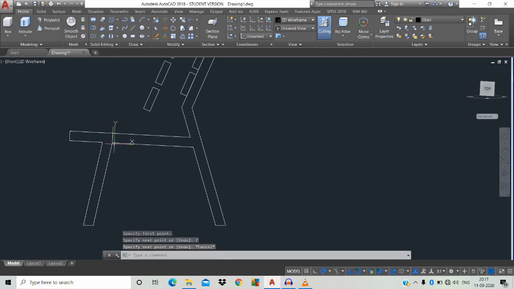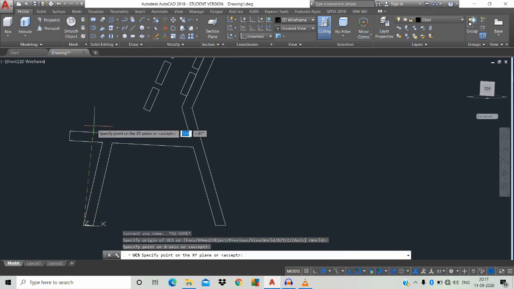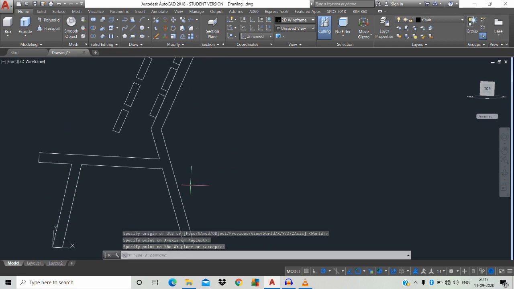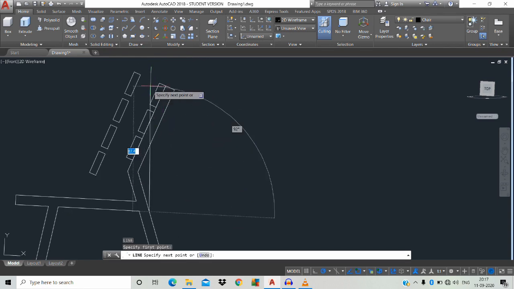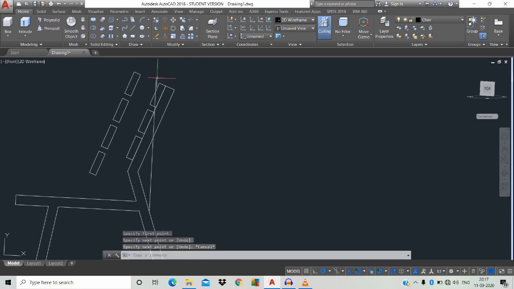Then UCS space. This is 0,0. This is X and this is Y. L space. Just move towards this line straight to this and pick a point, move straight in the 90-degree direction. O space for 13 mm.